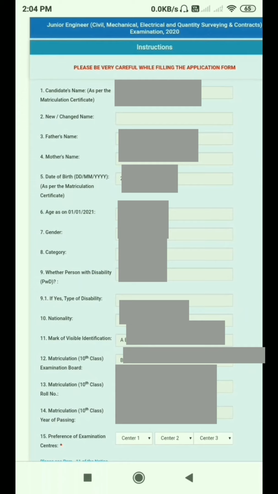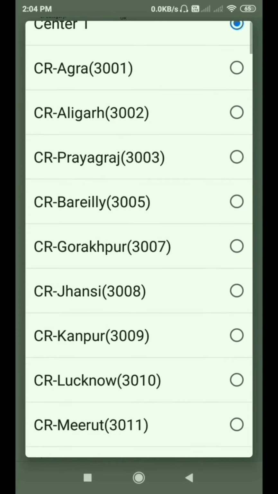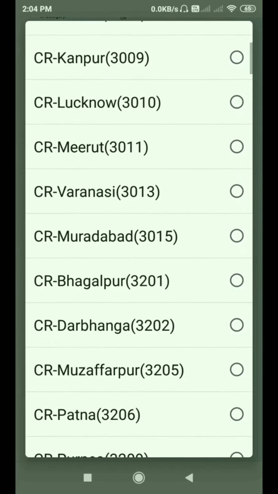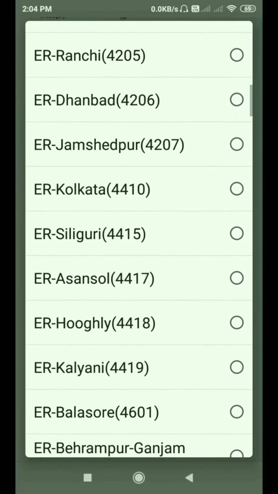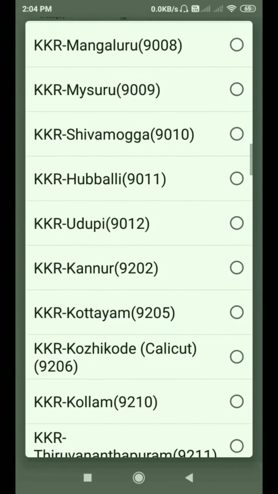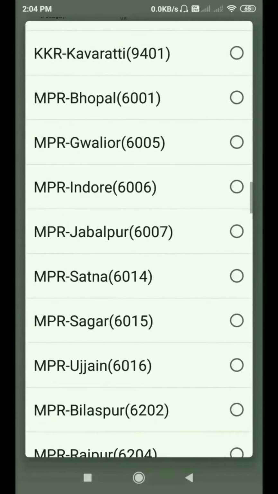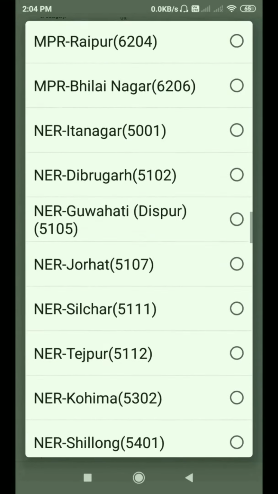Number 1, preferred examination centers. Number 1, I give Kurnool. I am searching for Kurnool and wait. Yes, I got Kurnool.